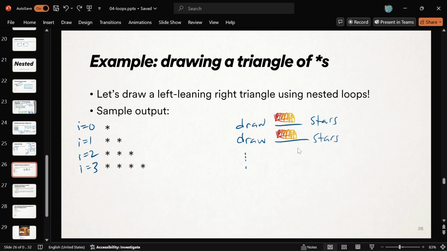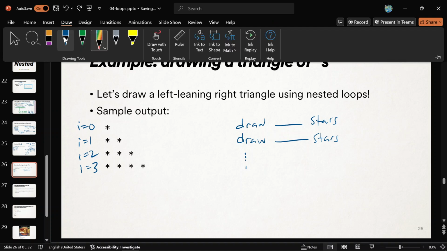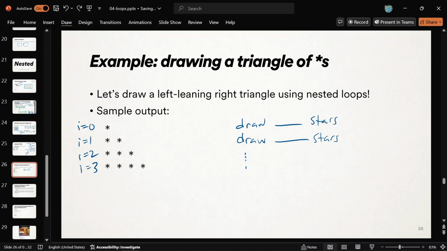Do you see how every loop needs to be the same thing, and so you either need to change variables or use existing variables. Do you see how we have an i here? It's very helpful for us, because it's almost the number of stars per line, right? As i is ranging, moving on down, always i plus 1 gives me how many stars I want to draw on each line. Draw i plus 1 stars, draw i plus 1 stars, and then I can repeat that, right? Because that could be my loop now.